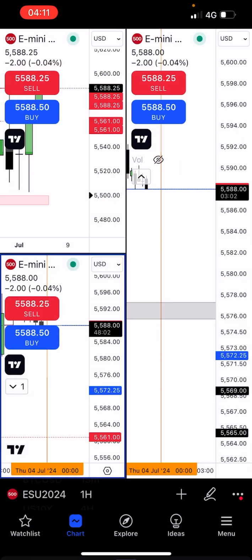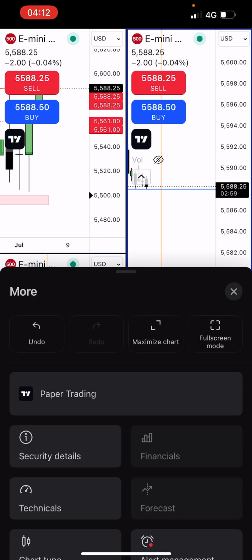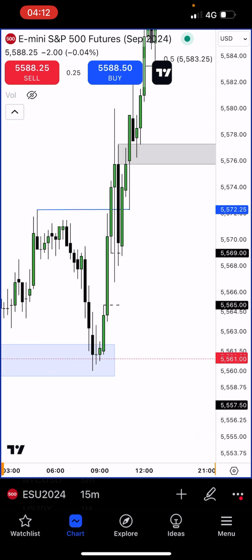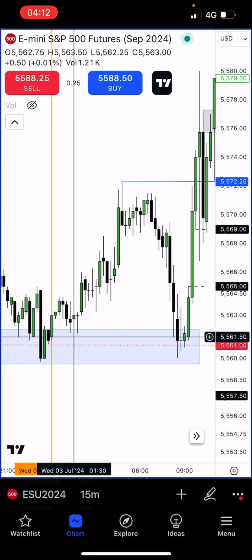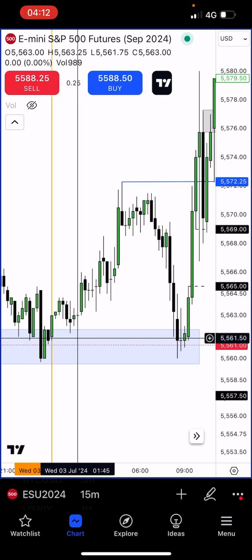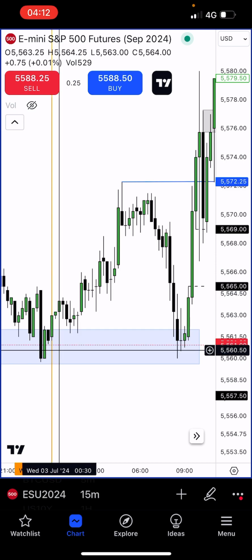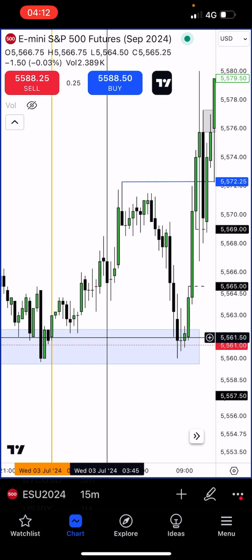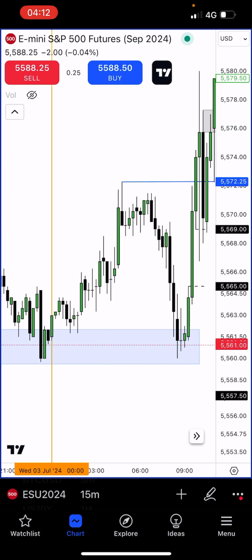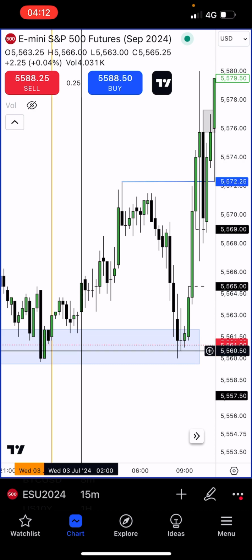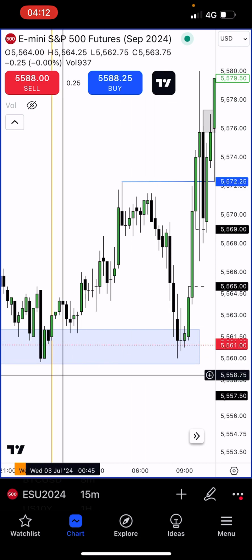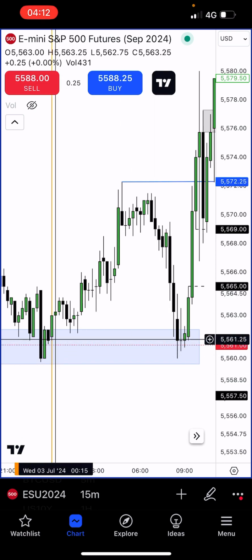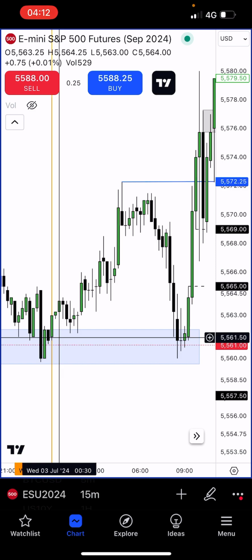Let's have a look at the 15-minute time frame. And I haven't mapped out the opening price for Wednesday. And the reason for that is because there's a lot of lipstick around that area. And it's best to keep it as clean and clear as possible. So I decided to leave it out because we've got a higher time frame array right there, and we also got the hourly there. This is a 15-minute time frame, and if I was to place the opening there, I mean, it's evident. I know the opening is there.